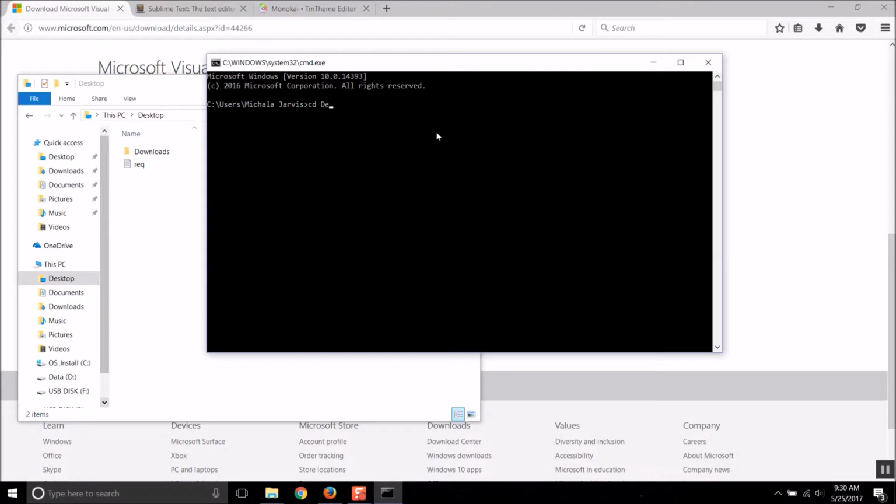cd space desktop. This is how you get around file systems in a command prompt. We're in the C drive /user/my sister, cd desktop. Now we're in C drive /user/my sister / the desktop folder. And now we're going to do python -m pip install -r